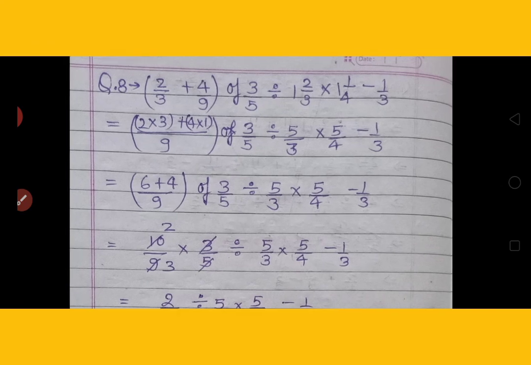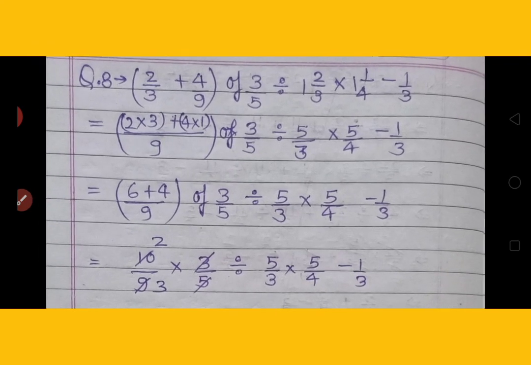2 by 3 plus 4 by 9 of 3 by 5 divided by 1 2 by 3 multiply 1 by 4 minus 1 by 3. Firstly we will change the mixed fractions into improper fractions. So 1 2 by 3 changes to 5 by 3, 1 by 4 becomes 5 by 4, and then we will add